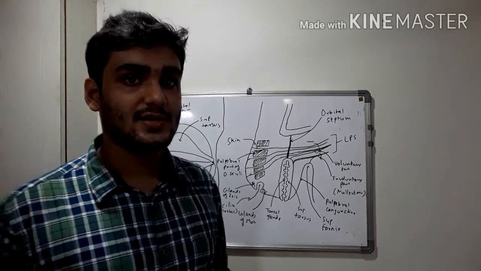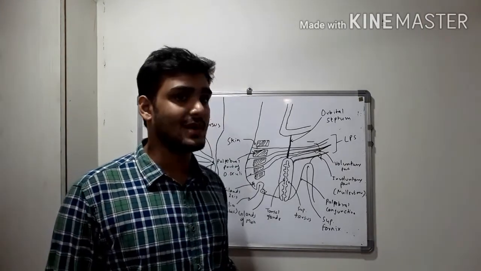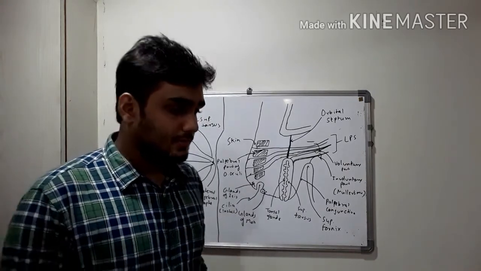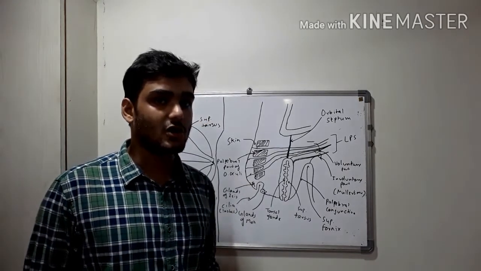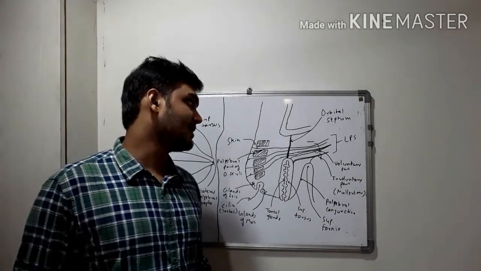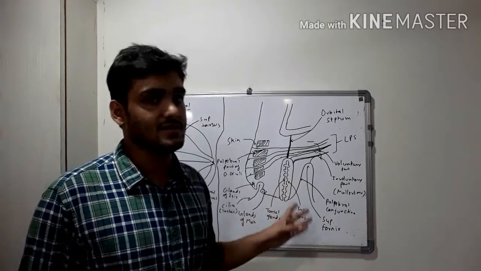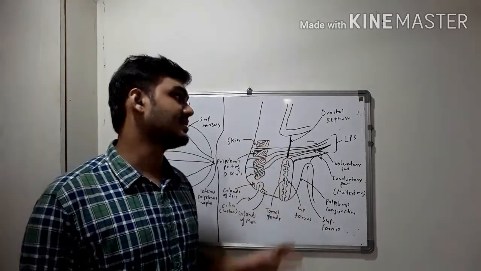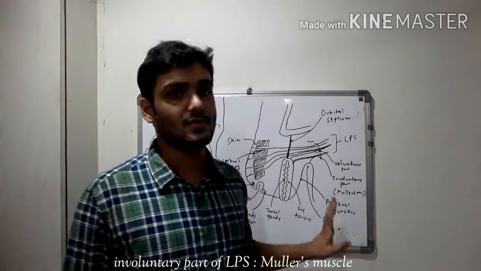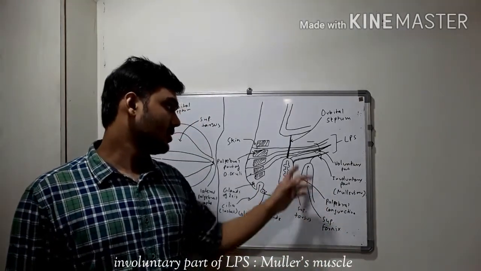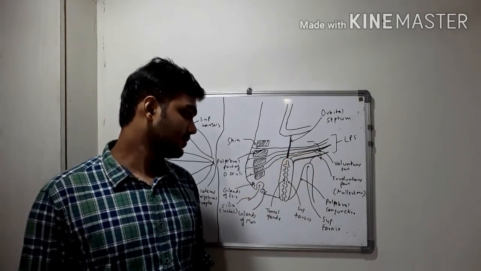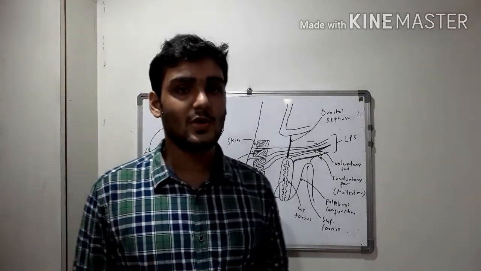Moreover, the superior tarsus receives two slips of the levator palpebrae superioris muscle. Now, levator palpebrae superioris is an extraocular muscle and is supplied by the sympathetic system. And it has two parts, voluntary part and involuntary part. And both of these give two slips to the superior tarsus, a voluntary slip and an involuntary slip. The involuntary slip is known as Mueller's muscle. As you can see, the tarsus is receiving the slips from levator palpebrae superioris. So this was about the anatomy of an eyelid.